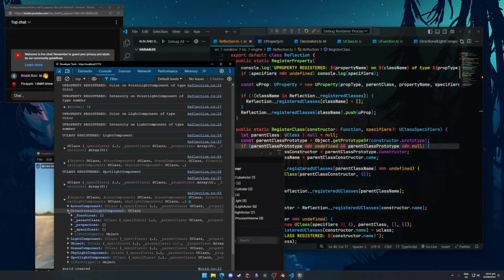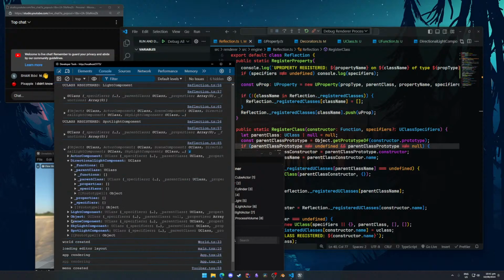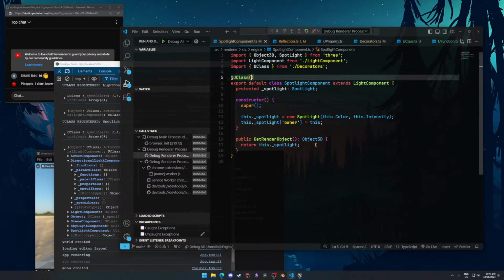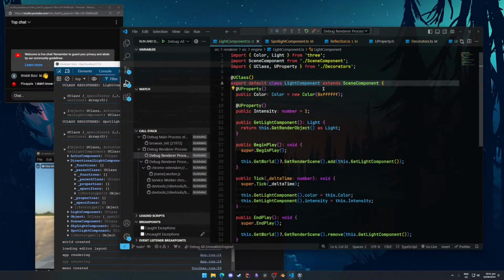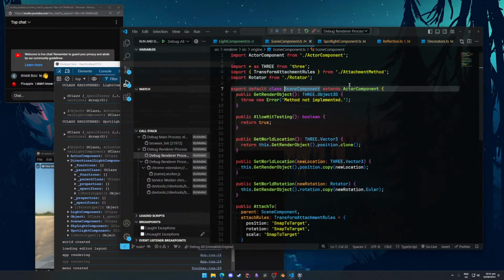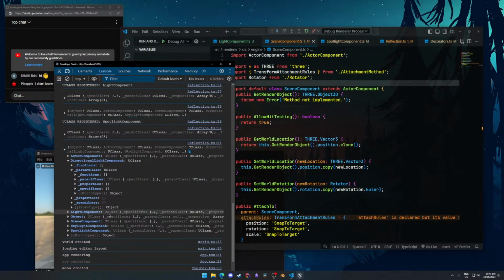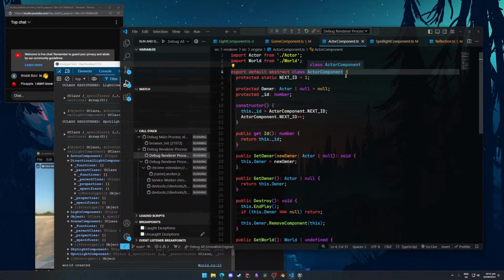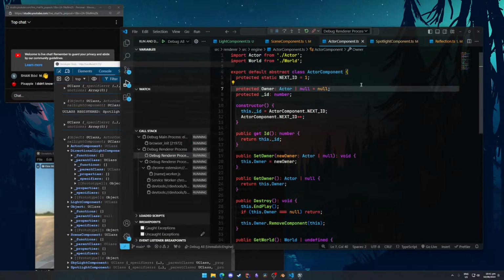So if we follow the chain up from spotlight component, this inherits from light component, which is a UClass, which inherits from scene component, which is already not a UClass, but we still register it as one because it's the parent of something that is a UClass. And then actor component, same thing, which just, I guess, extends object. So even object gets... Okay, so this is problematic because